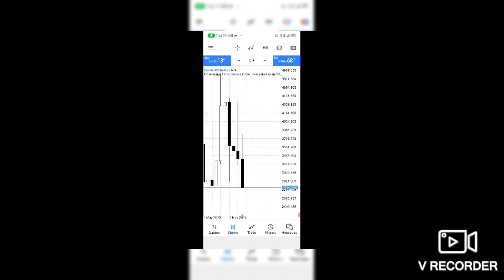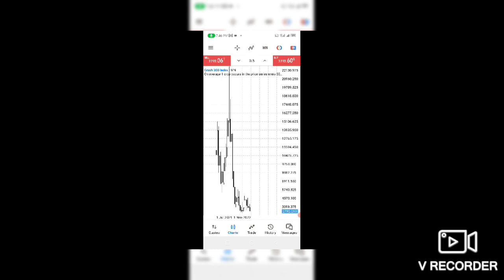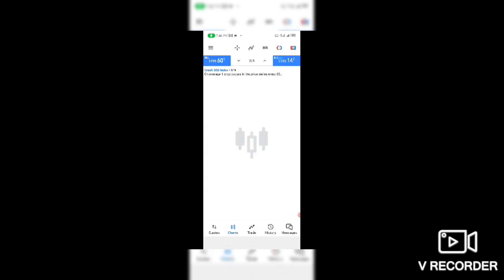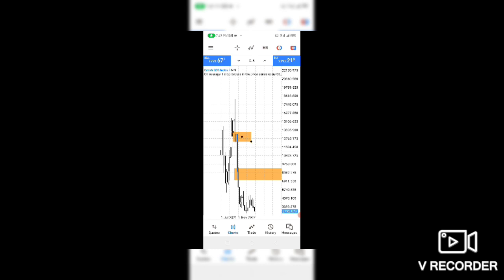Okay, so let's assume that this event has not happened. So in how many ways should we have generated this signal that actually produced basically over 3,000 pips? In how many ways should we have done this? Actually, this market created a base here and broke out of this base. I call it a base, and then we expect, because the breaking was impulsive,